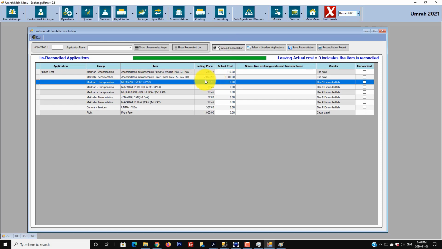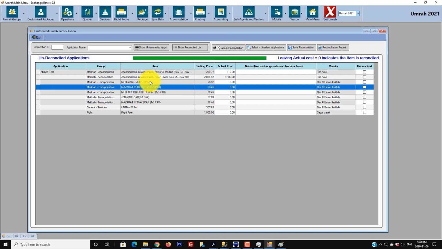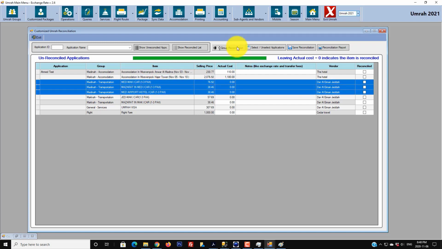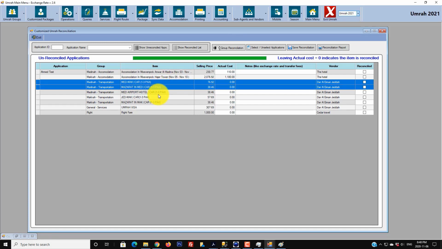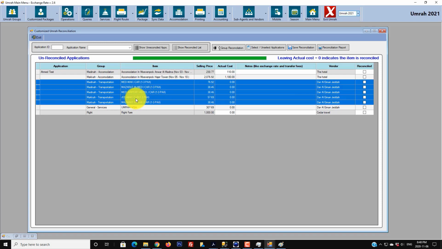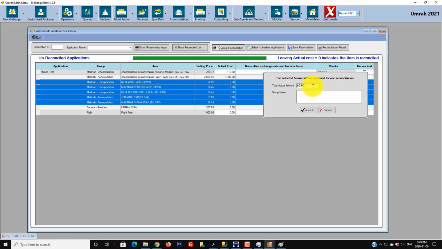That's actually easy. What you're going to do is come here to the first item and say group reconciliation. So you come to the first item and press control down and hold it, and then select the second item, third item, fourth item, fifth item. So basically you select any items that are combined together. You understand? So if you have all your transportation, select all the transportation, then click group reconciliation. It says here the selected 5 rows,